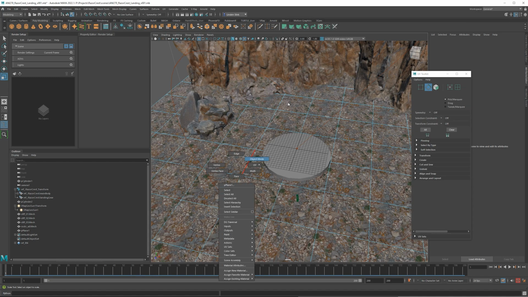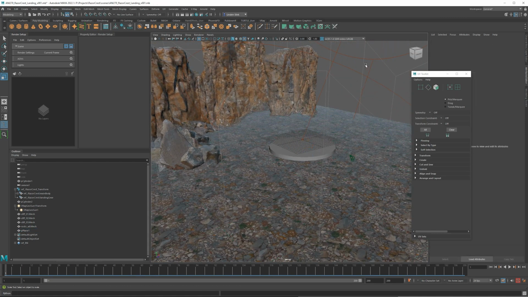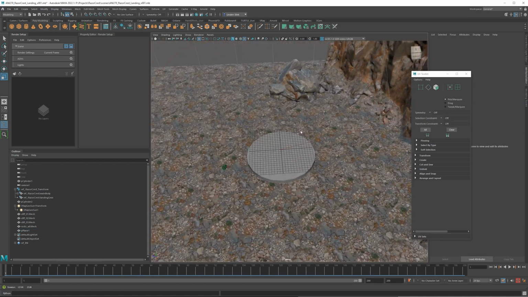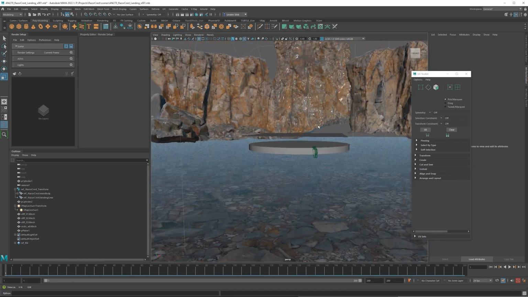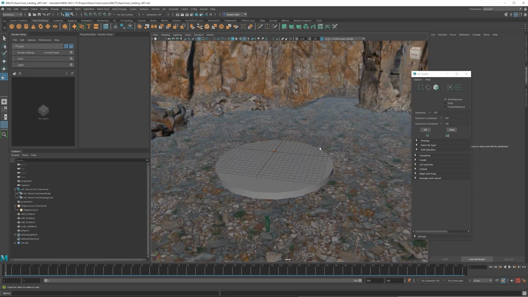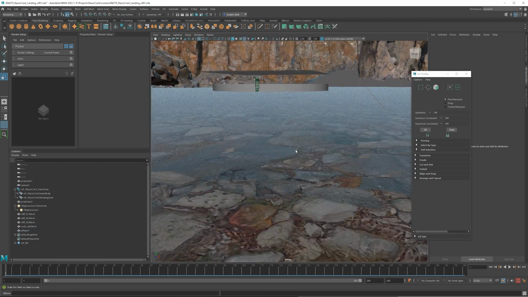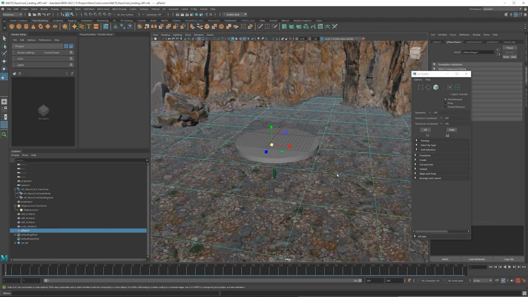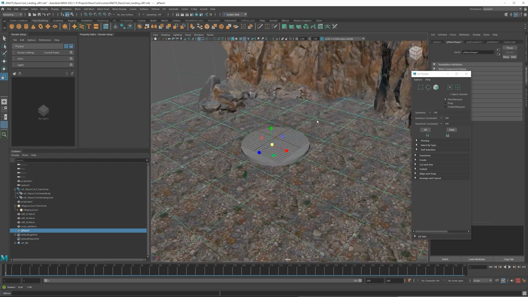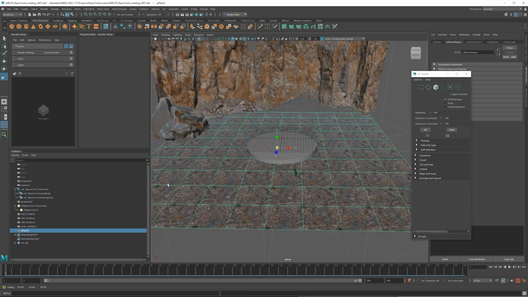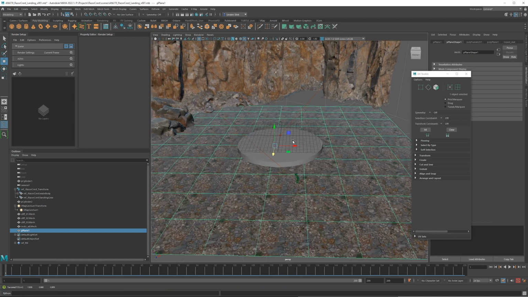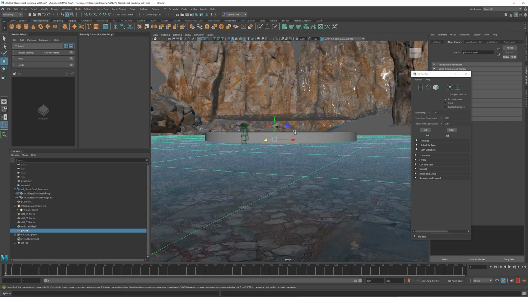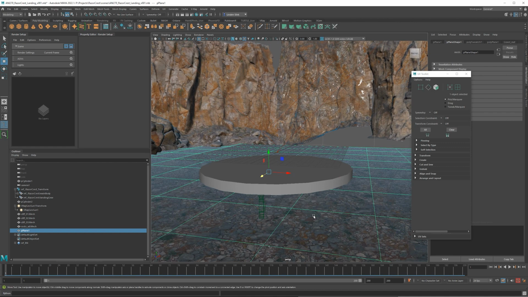The UV tiling though is pretty cool. There's also other things called triplanar, which is just going to automatically box map it for you, which is pretty useful. But what I want to show you now is displacement. So this looks fine, but if we get really close, we can see that it's just like a plane. It's not going to look like it has any roughness at all. I think I may have made that a little bit too small, so I might need to make that just a little bit smaller here. We can still really see where that tiling is, but we don't need to walk around this environment. We're only going to be seeing a specific angle.